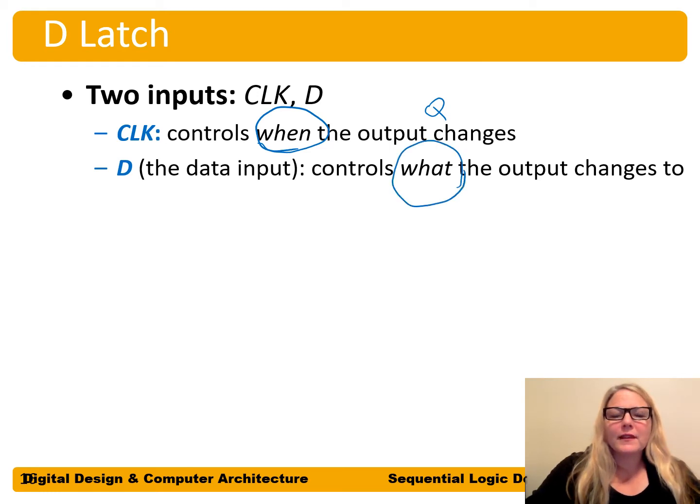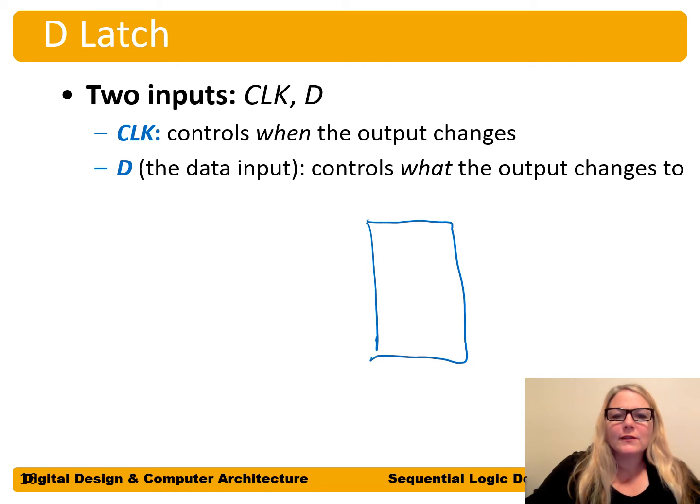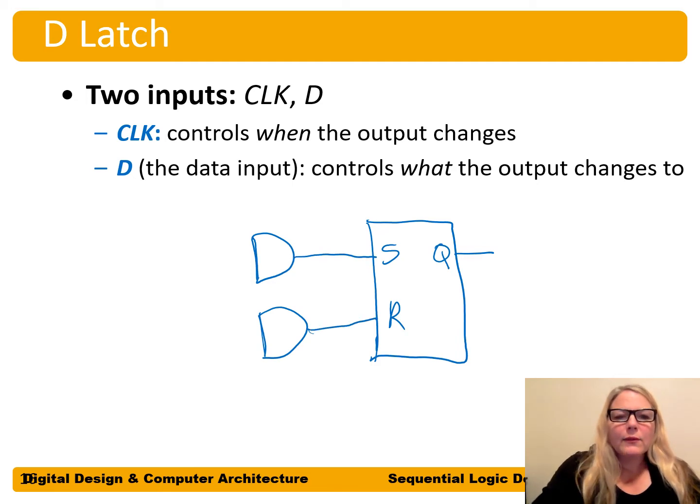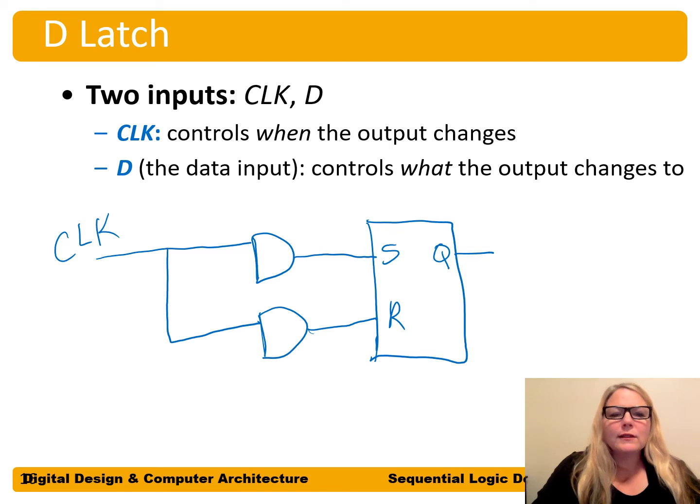And so the way this D latch works is it's actually built on top of an RS latch or an SR latch. And so we have our S and R inputs and our Q, our state bit output. And now we have AND gates that precede this SR latch. And so we tie these AND gates to the S and R inputs, and then we AND them with clock. We put a clock input into the AND gates. And so when clock is equal to 0,